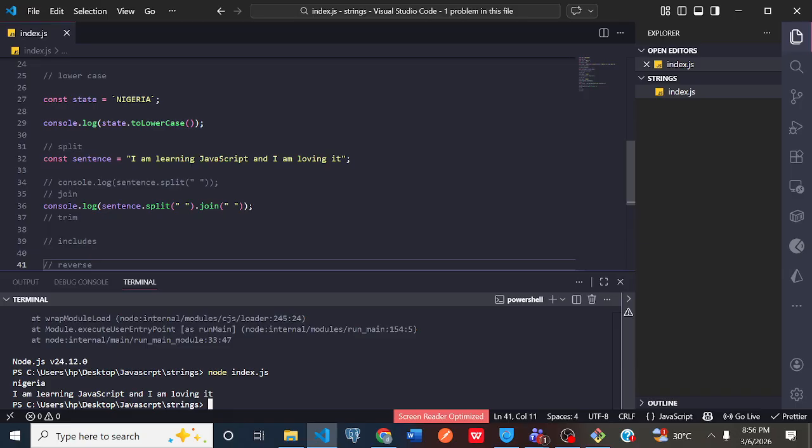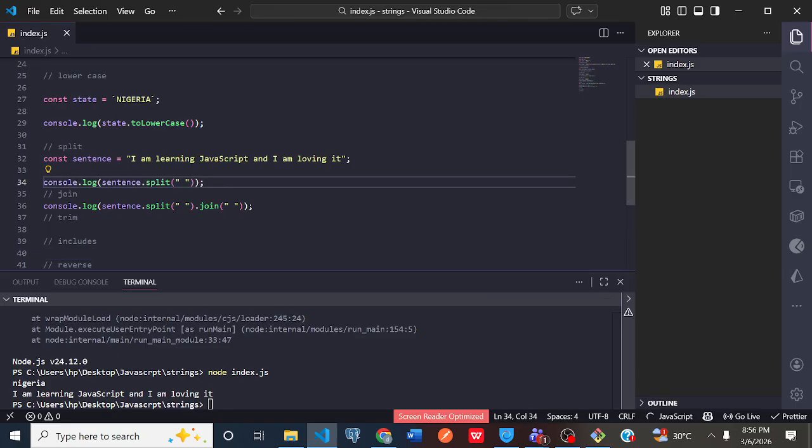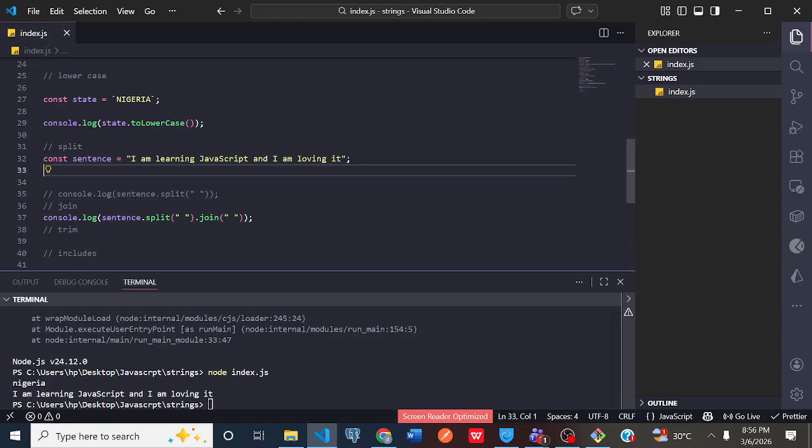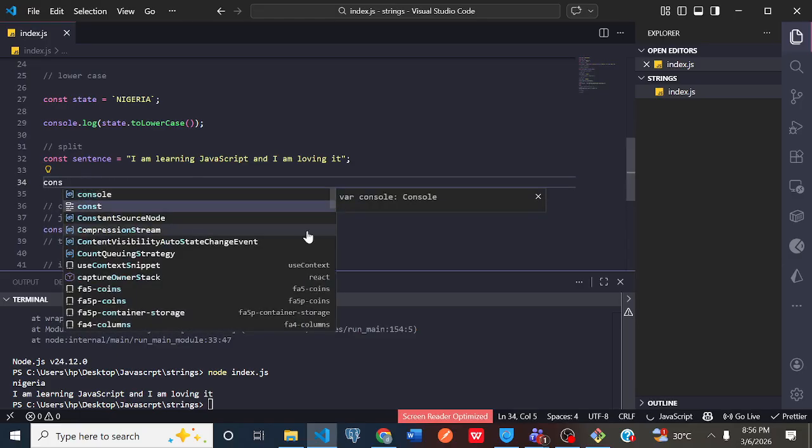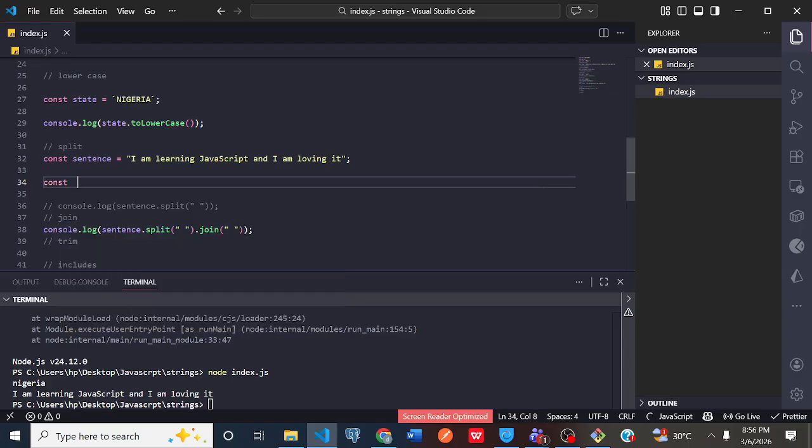But I'm thinking of something. I feel I can do it this way. Let's just leave it. I can just call the name of it instead of passing it, because I console logged it. That is the reason why I had issues with it. It's possible I can even join without calling the keyword split together. Let me do that now. Let me just const A is equal to